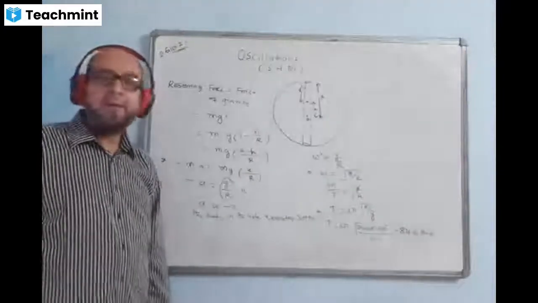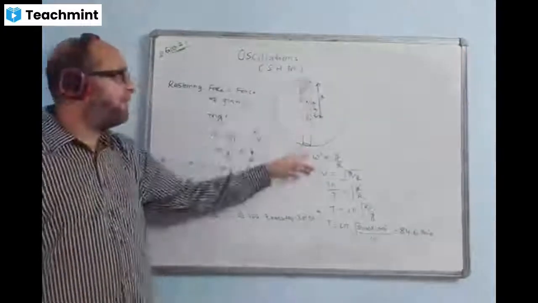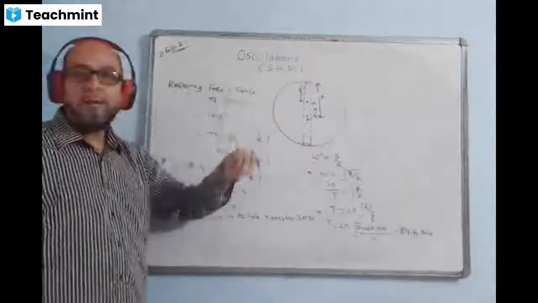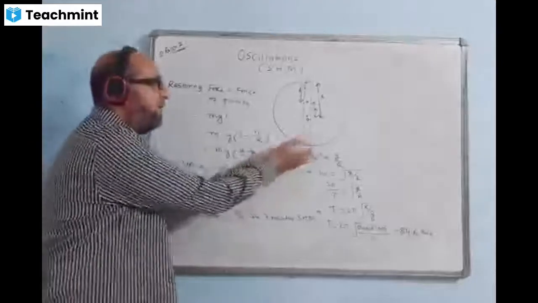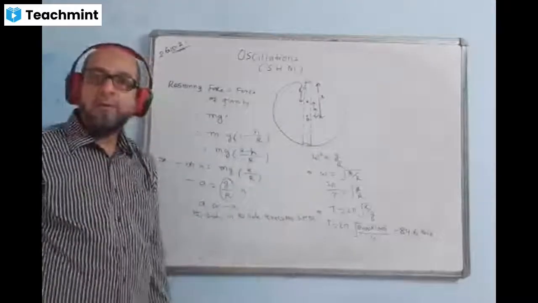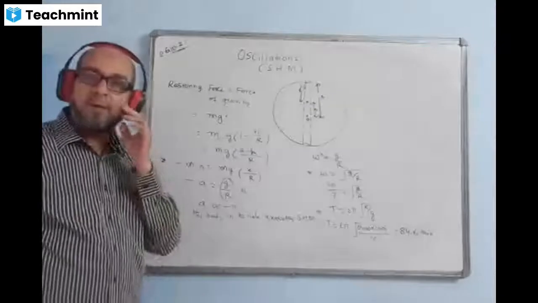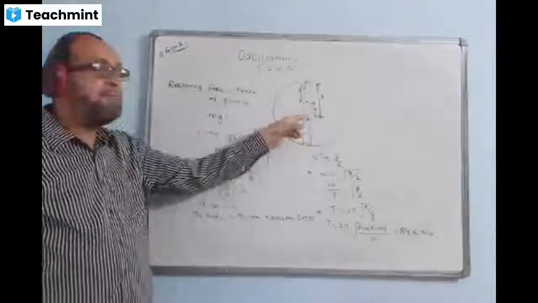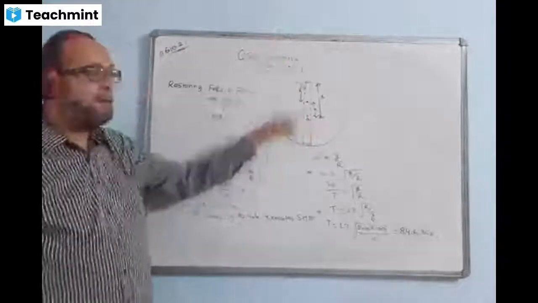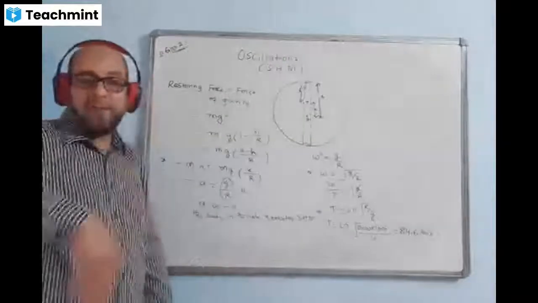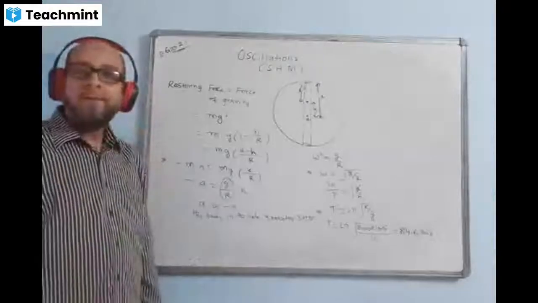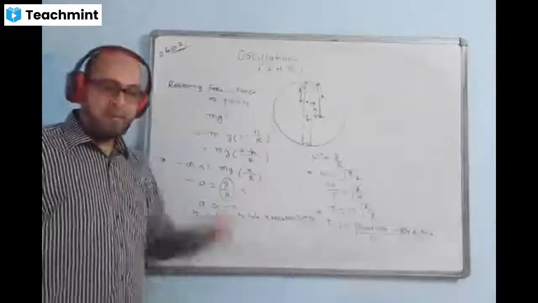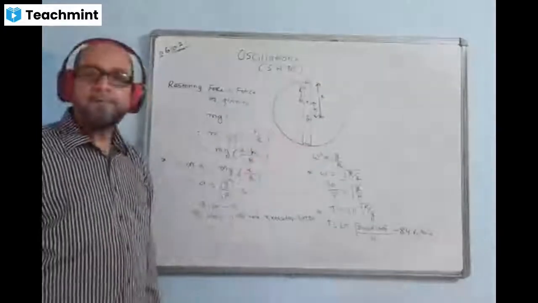There was a question once in IIT. There were two monkeys. One monkey drops a ball through this hole, and the other monkey is trying to catch it. Do you think the ball will come out through the other hole? Answer is no, it will return back. Because the body will be again pulled back towards the mean position. Oscillation will take place, up and down, up and down. That means the body will never come out through the other hole. Rather, the body will start oscillating between these two holes.